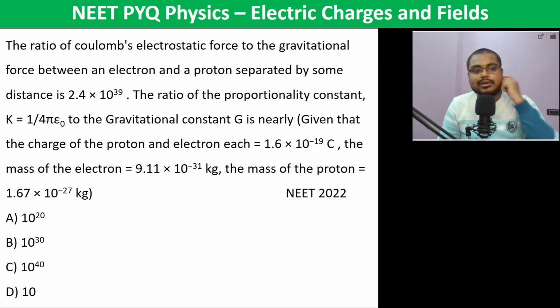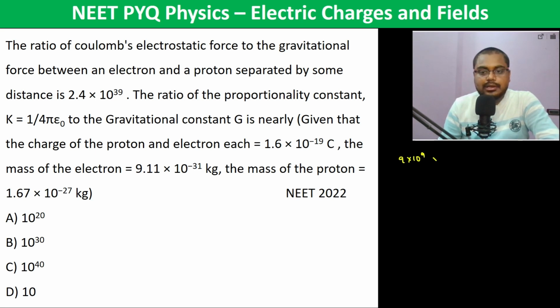The ratio of Coulomb's electrostatic force to the gravitational force between electron and proton separated by some distance is nearly what? Okay, we have to calculate it. So the ratio of Coulomb's force: 9 into 10 to the power 9 into q1 into q2, that is 1.6 into 10 to the power minus 19 into 1.6 into 10 to the power minus 19